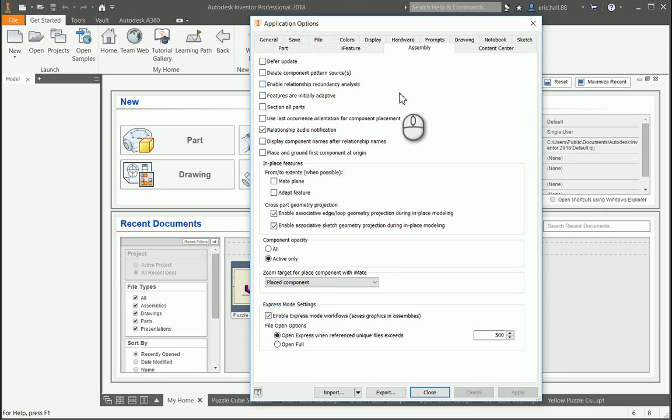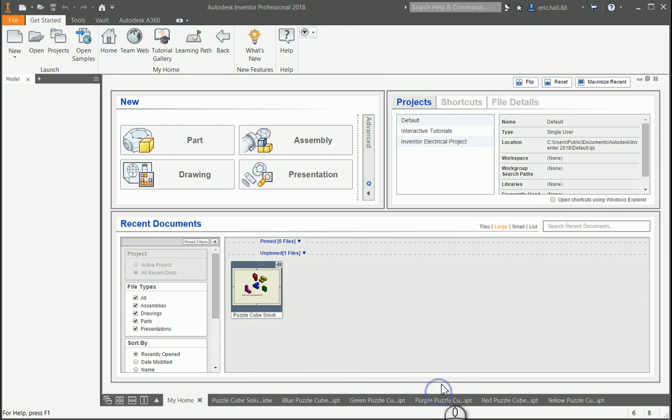Underneath Assembly, I would like you to look at this last checkbox before it says In Place Features. I want you to check the box that says Place and Ground First Component at Origin. Check that box. It makes it much easier to constrain things when we are grounded at the origin right off the bat. So use that checkbox and then hit Apply and we should be good to go. So click Close and you are